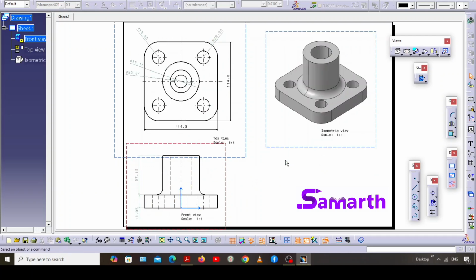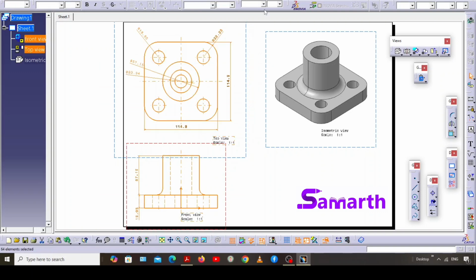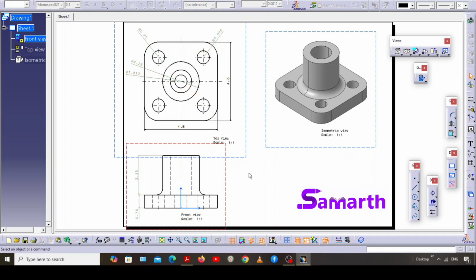so you can see all these dimensions are in mm. Before this I'll convert all these dimensions into inches. Just click somewhere, left click, select these two, drop down menu list, select inch. Here you can take up to 3 decimals. Click anywhere. Okay,